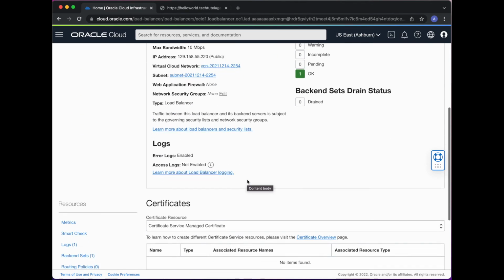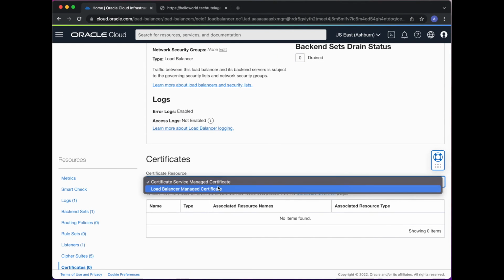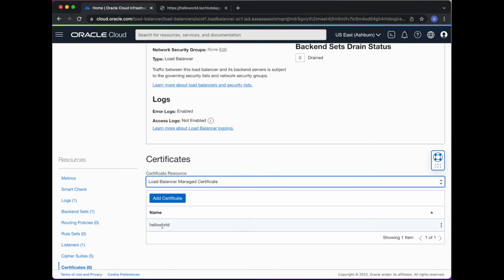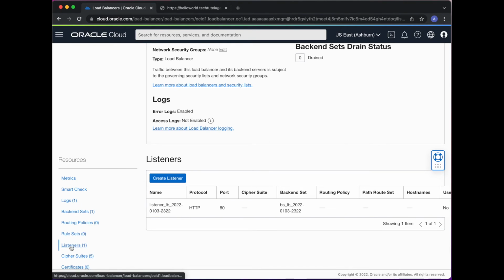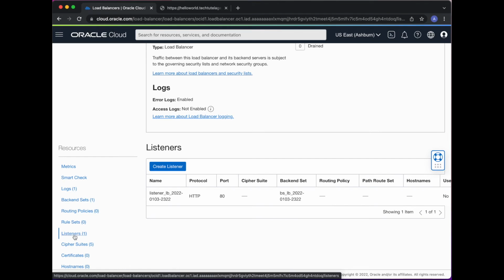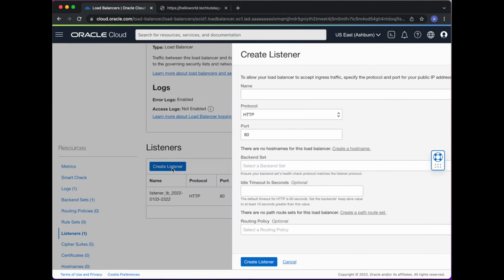All right, now, if I go to load balancer managed, then I can see my Hello World certificate. Now I'm going to have to go back to my listeners. So I guess you can first come and add a certificate. I kind of did it backwards, but anyway. Going back to my listeners, create a listener,